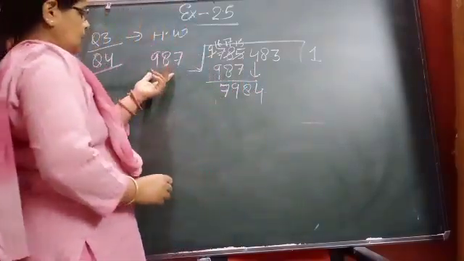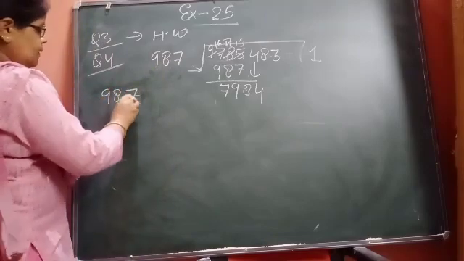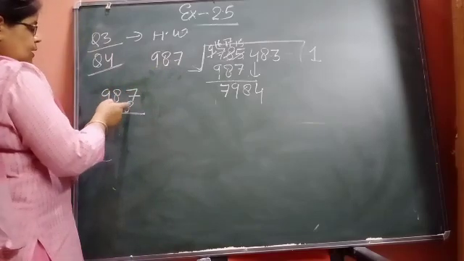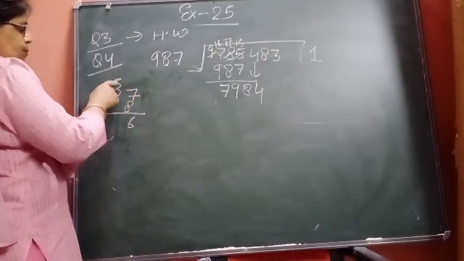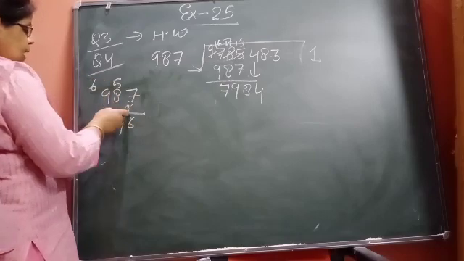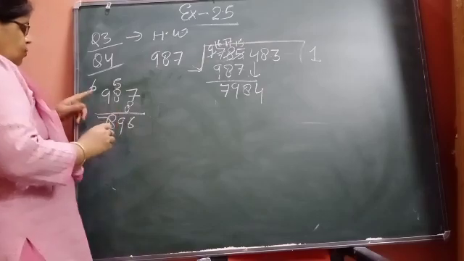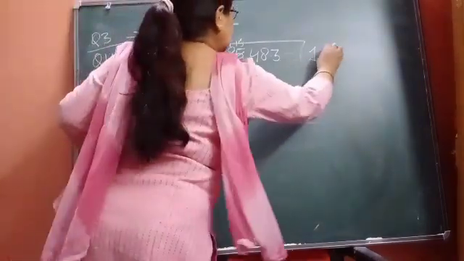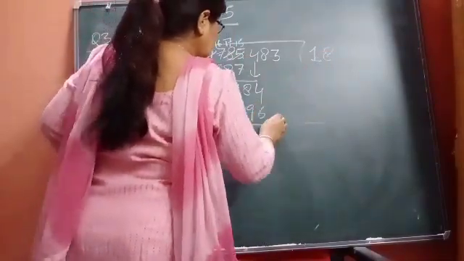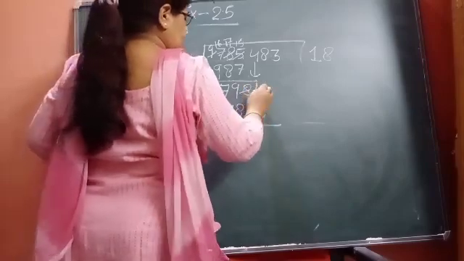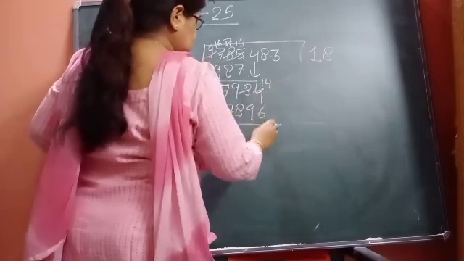See that. 987, 980. I am multiplying it by 8. 8 7s are 56. 5 carry. 8 8s are 64. 64 plus 5, 69. 6 carry. 8 9s are 72. 72 plus 6, 78. It will go very near, means 8 will go. 8 times: 7 8 9 6. 7 8 9 6. Now see, here it will be 14. Subtraction now. 14 minus 6, 8.